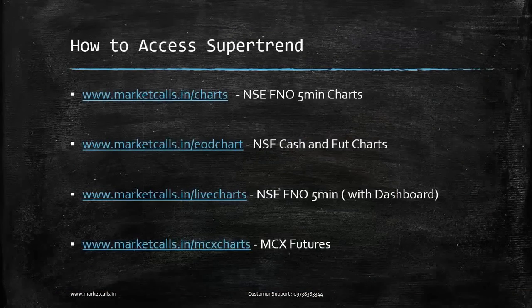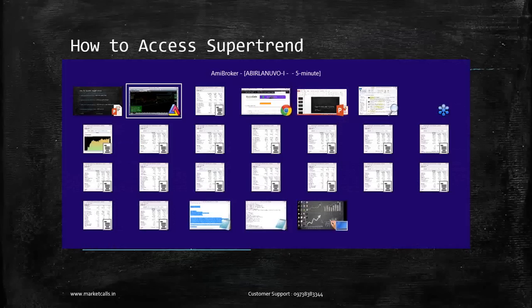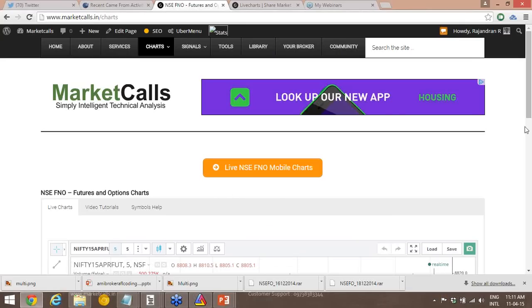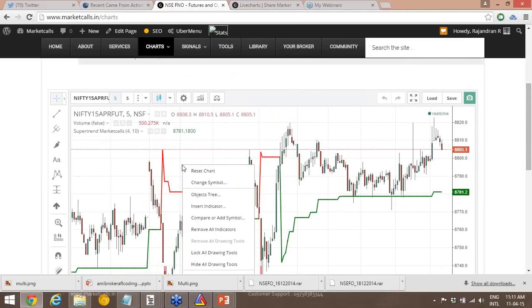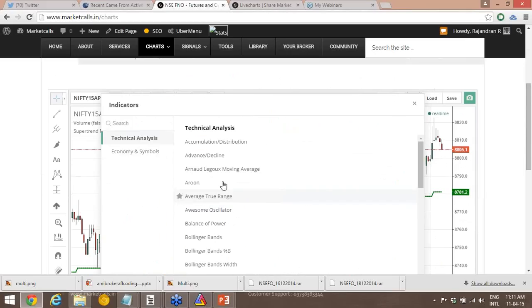So how to access Supertrend? There are a lot of ways we can access Supertrend in MarketCalls. So these are the ways. One is on marketcalls.in/charts. If I go to marketcalls.in/charts, this is our interactive chart section, where by default you find a Supertrend, but if you want to add an EMA to it, right click, insert the indicator,